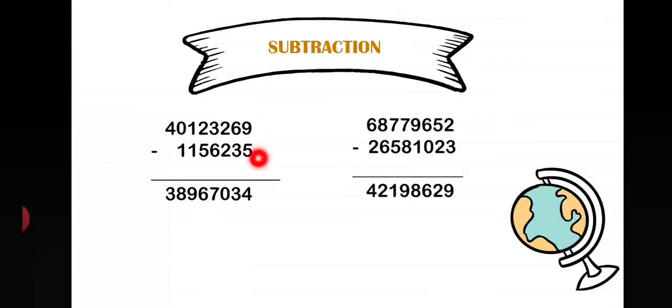So when I subtract 5 from 9, I get 4, 3 from 6 I get 3, 2 from 2 I get 0. So as you can see, I cannot subtract 6 from 3 because 6 is greater than 3. So in this case, I am going to borrow from the neighbor. When I borrow from 2, 2 becomes 1 and I add 1 to 3, that becomes 13. 13 minus 6 gives you 7. And again now, I cannot subtract 5 from 1 because from 2 already I have taken 1, so only 1 is left.